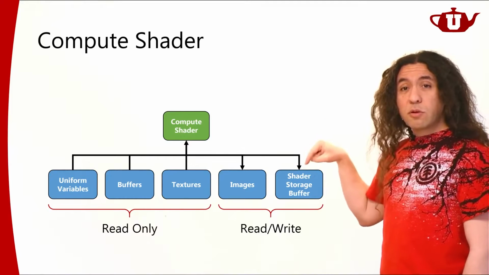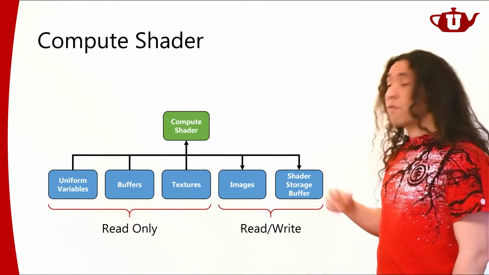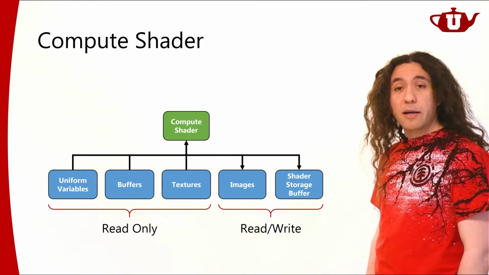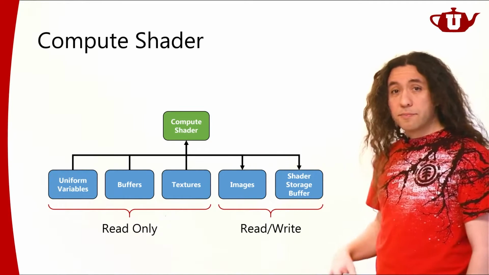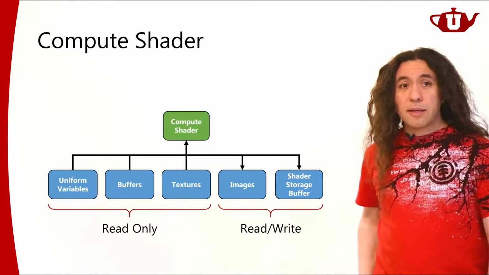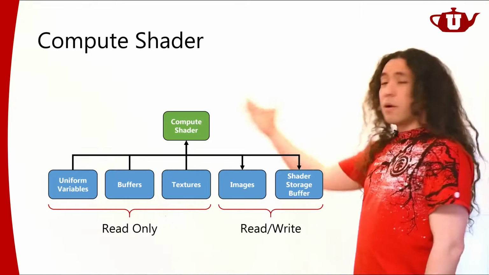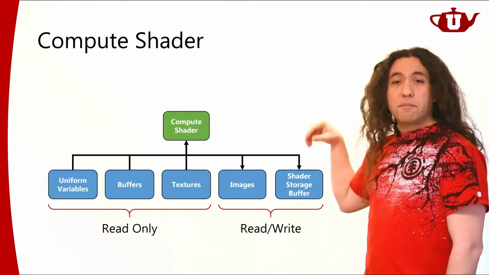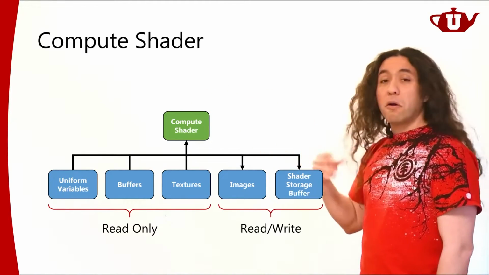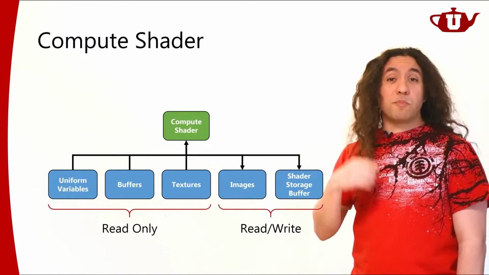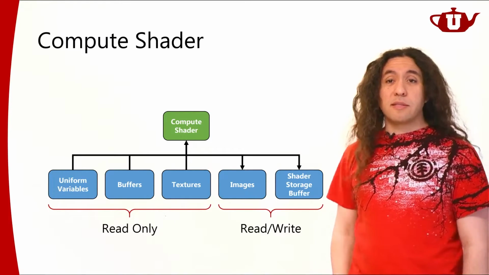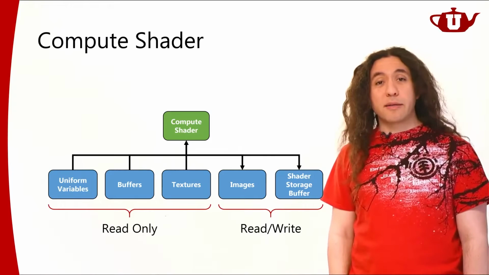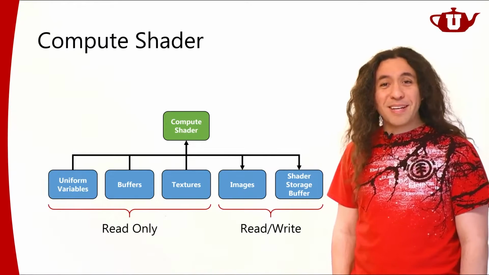The shader storage buffer is more flexible. I can specify it however I like. And these two are read and write. So in a compute shader, I can do whatever I want, and my output is going to be put into one of these or nothing. If I decide that a particular execution of a compute shader is not supposed to output anything, I don't have to output anything. So I have that flexibility as well.